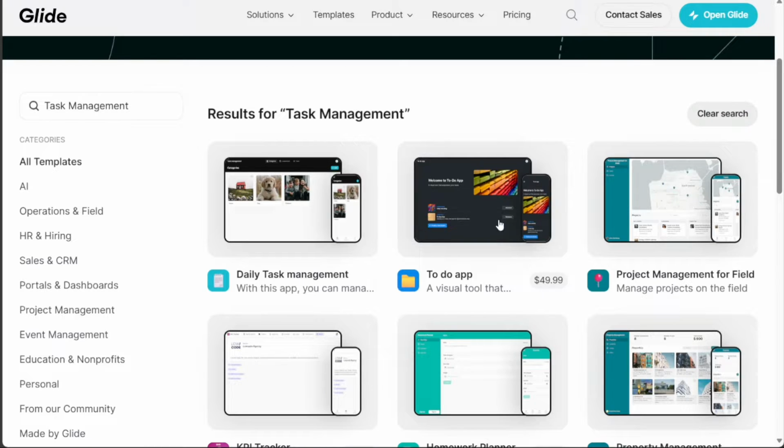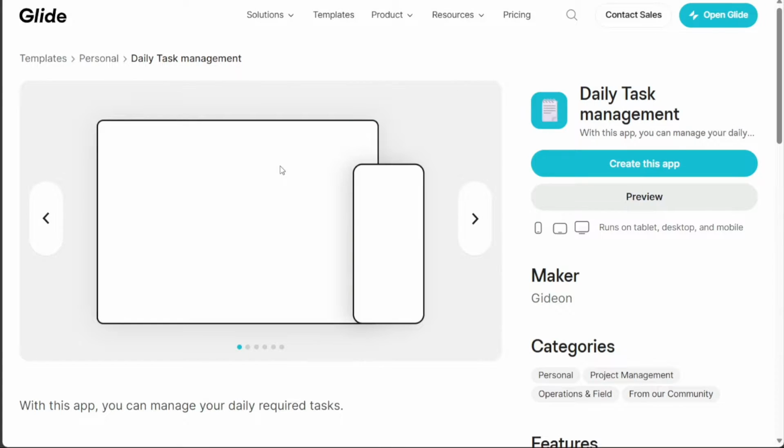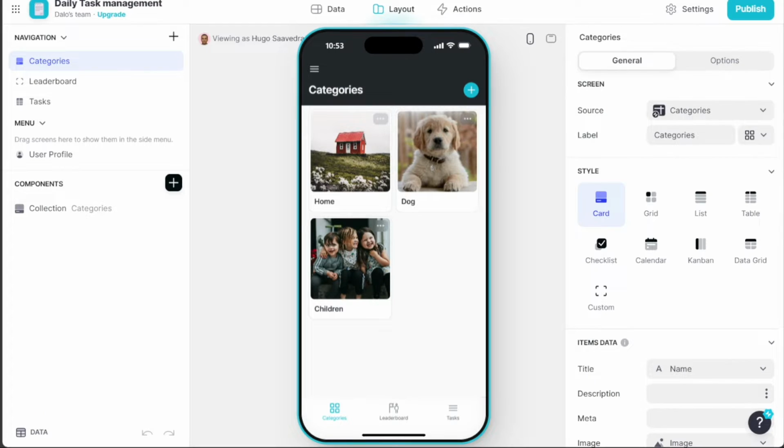The search results will then display a variety of relevant templates. For this tutorial, let's select the first template titled Daily Task Management. Upon clicking on this template, you'll be redirected to another page with two options on the right side, Create this app and Preview. We'll proceed by clicking on the Create this app button, bringing us to the editor for further